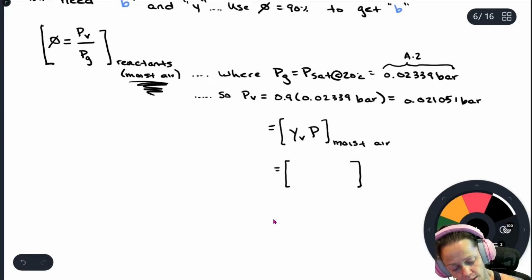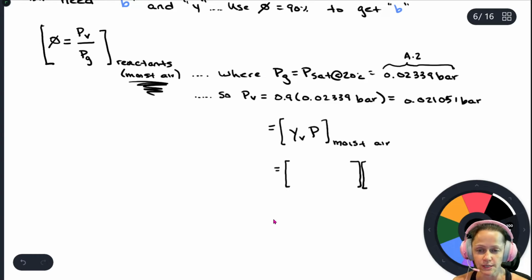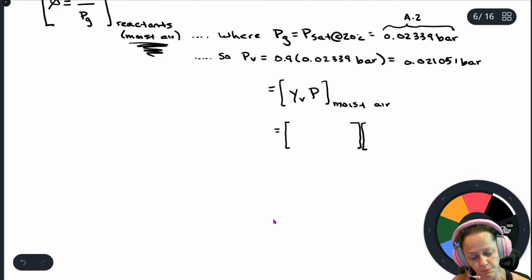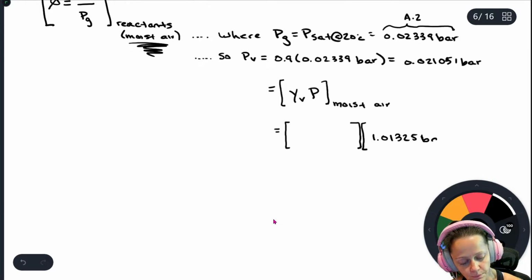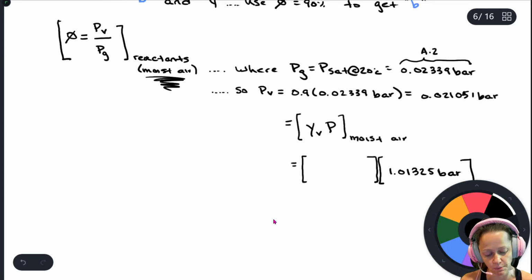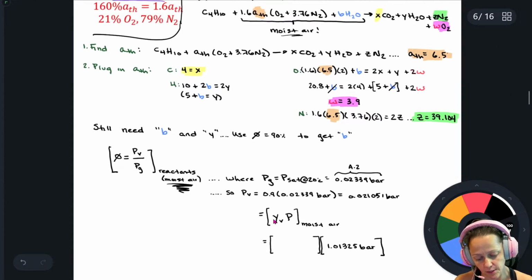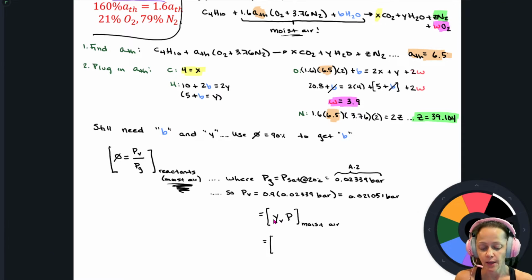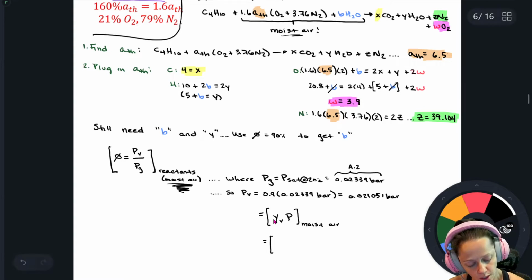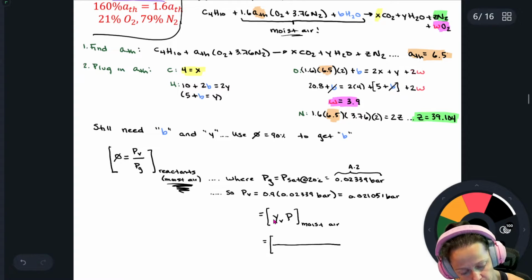And then of course the pressure. It said everything's coming in at 1 atm, so let's put this in bar, 1.0125 bar. All right, so let's look at my mole fraction here. I need to give myself a little bit more room, so forgive me. I'm going to erase this and come back to it. So the mole fraction is the number of moles of water per number of moles in the entire mixture. So the number of moles of water in that moist air,